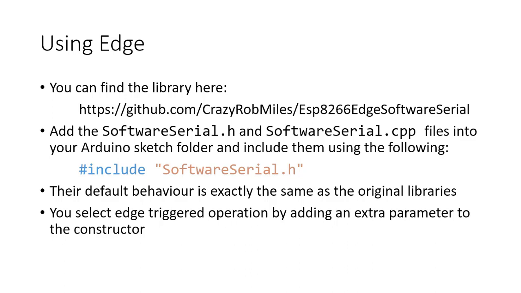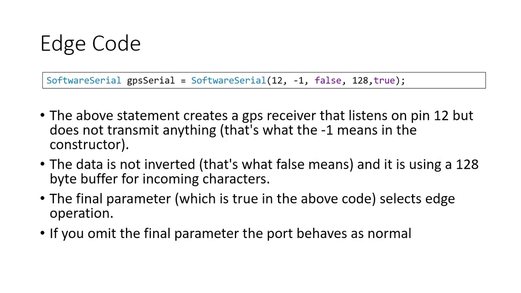If you want to use my library, you can find it on GitHub at ESP8266 Edge Software Serial on Crazy Rob Miles. Just add software serial .h and .cpp into your Arduino sketch folder and then include them using double quotes rather than less than greater than, to mean use the local ones please, and you'll get the behavior of these nice shiny ones. The behavior is just the same, and the way you actually select edge triggered is that